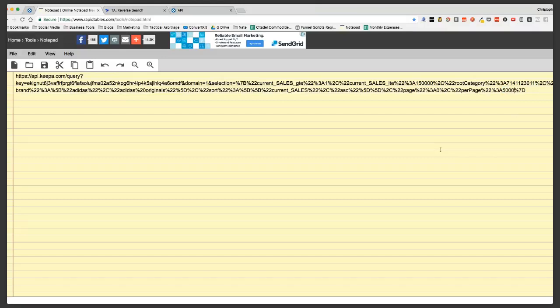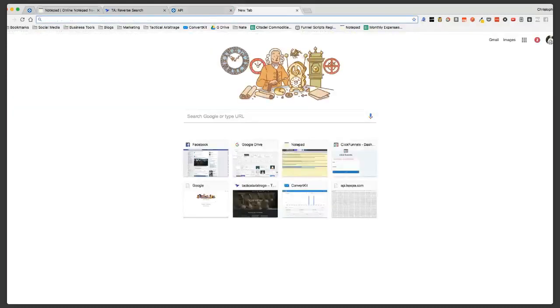Now, what that's going to do is allow me to pull 5,000 ASINs at a time. Now, here's where things get really cool. After we've made those changes to the API URL, we're going to copy that. We're going to place it in another browser tab. We're going to click Paste and Go. Now here we get a few items of information.